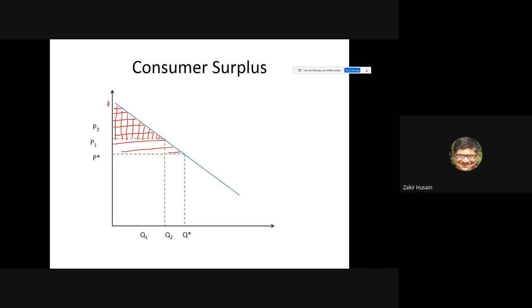If we label this, initially the consumer surplus was ABC, and now the consumer surplus is ADE. And the change in consumer surplus is given by ADE, which is equal to